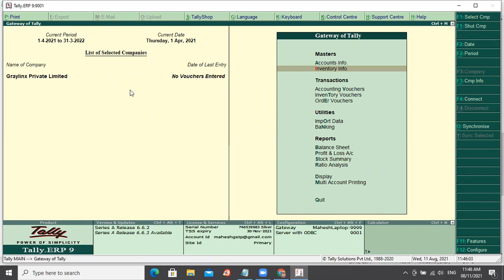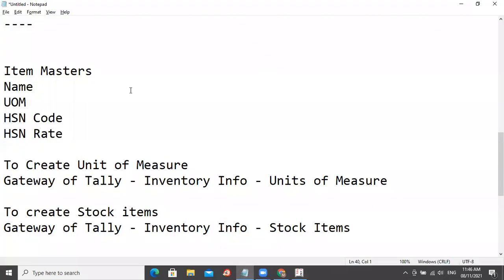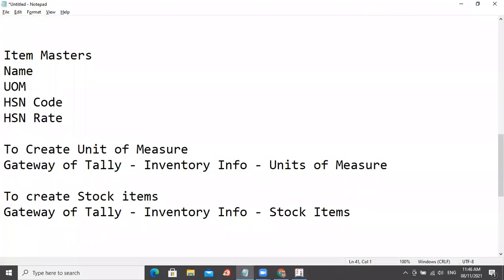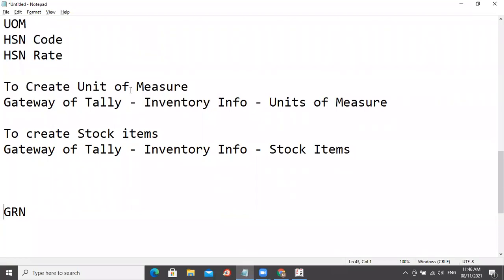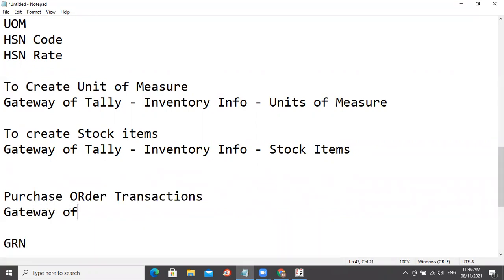So to do the purchase order entry, on gateway of Tally you have order vouchers under transaction. So now if you look at how to create a transaction, you can go to gateway of Tally, vouchers, order vouchers.